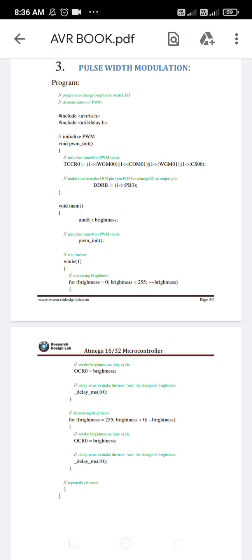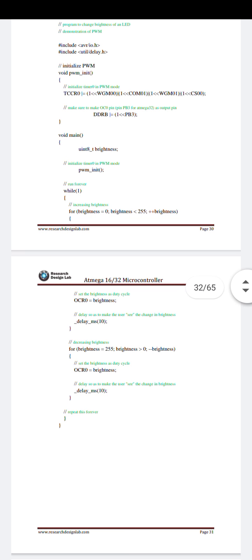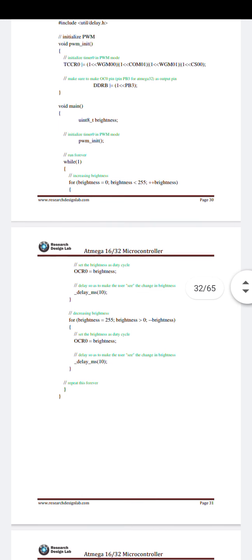Then opening curly bracket, OCR0 = brightness, that means the input brightness goes to the value of OCR0. A delay is used here for the duty cycle, that is _delay_ms(10), closing bracket.